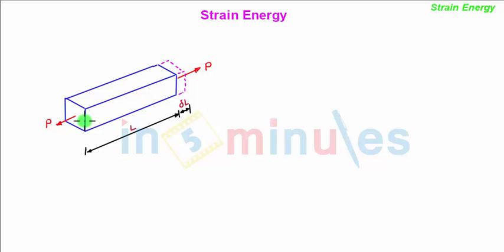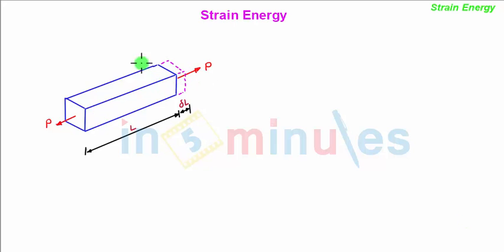We have studied in the chapter Simple Stresses and Strain that when a deformable body of square cross section and length L, when subjected to a tensile load P, deforms by length delta L. When this deformation is within the elastic limit, we say that the body is in elastic region. By elastic region, we mean the deformation will disappear when the load applied is removed, and the body will again come back to its original size and shape.